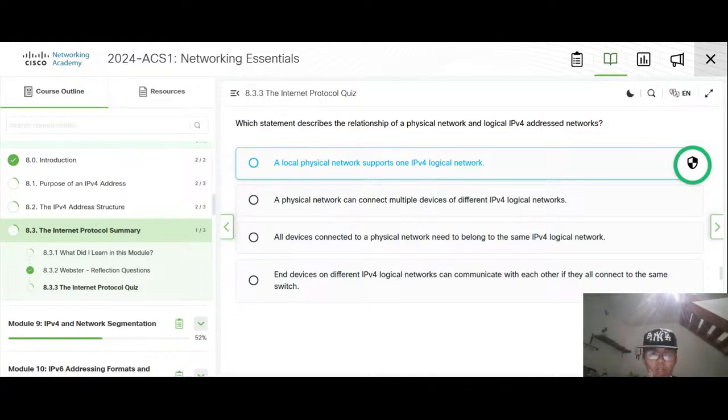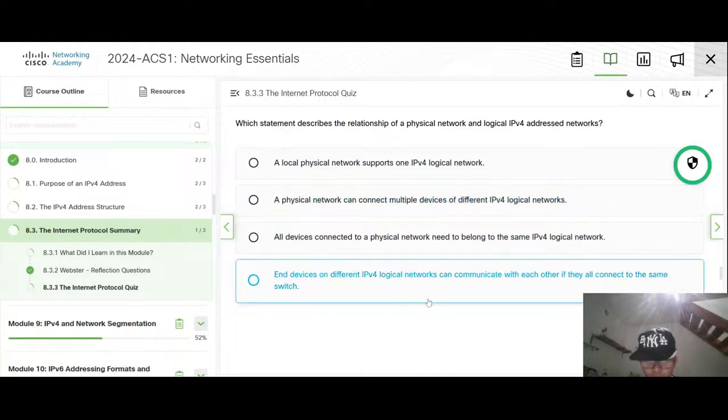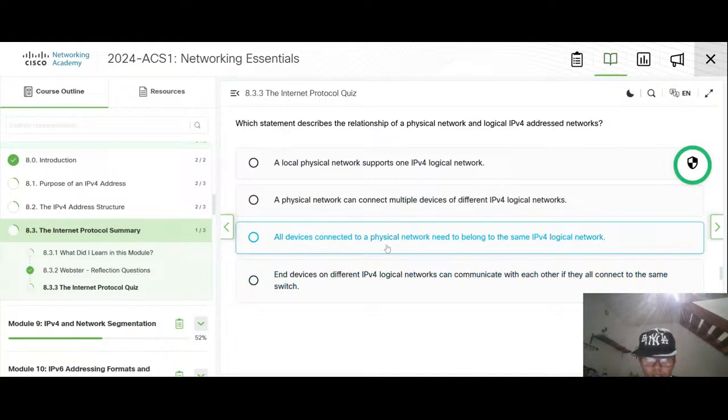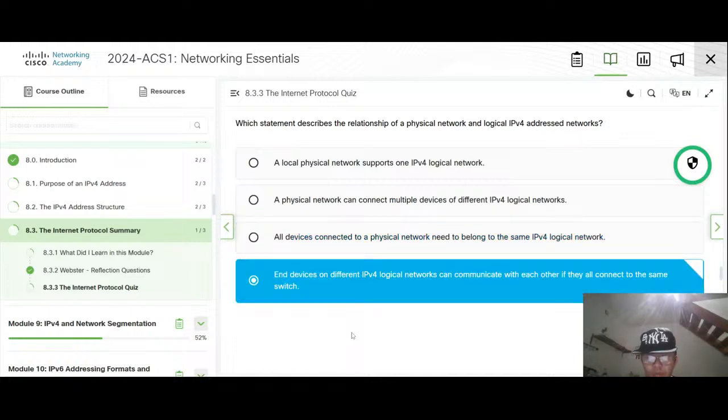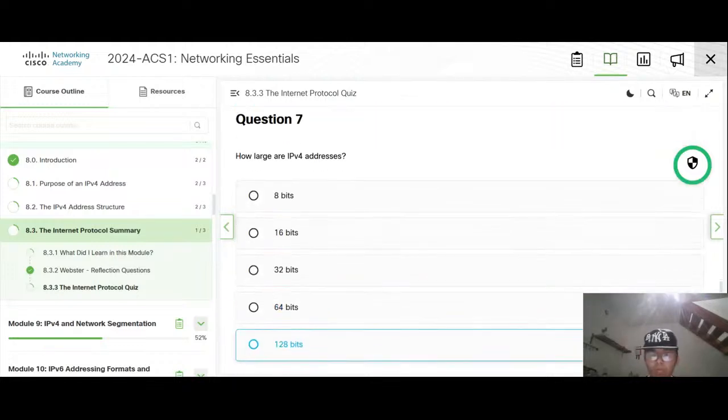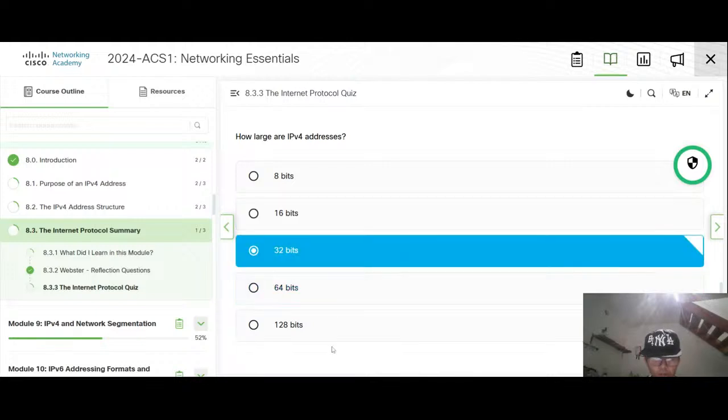No, can connect multiple devices, different IPv4 logical networks. This one, it did not need to belong to the same IPv4 network. Maybe this one's correct. Or a physical network. Large, IPv4 is 32 bits.